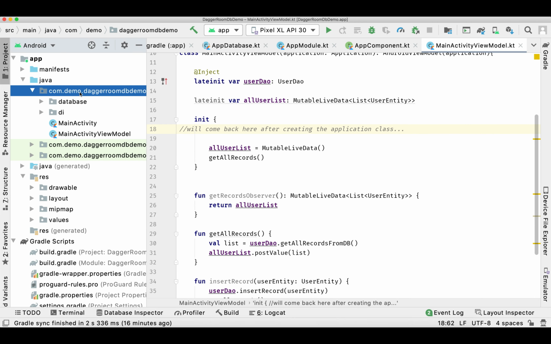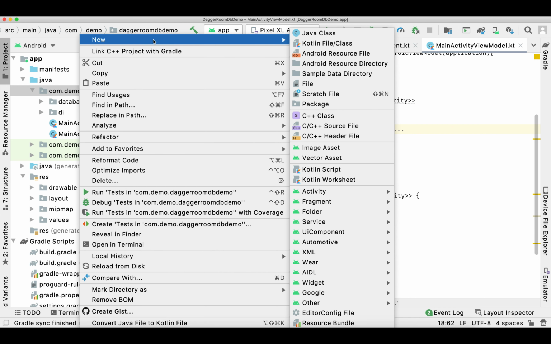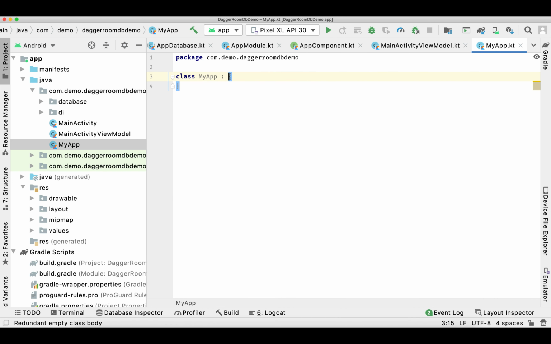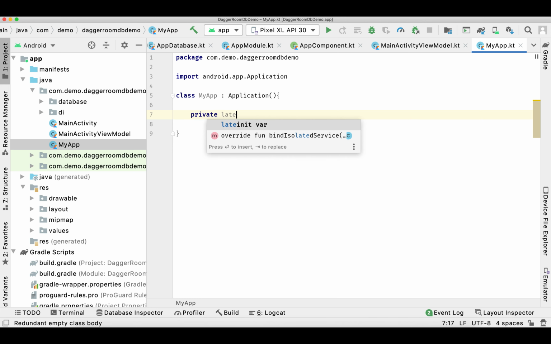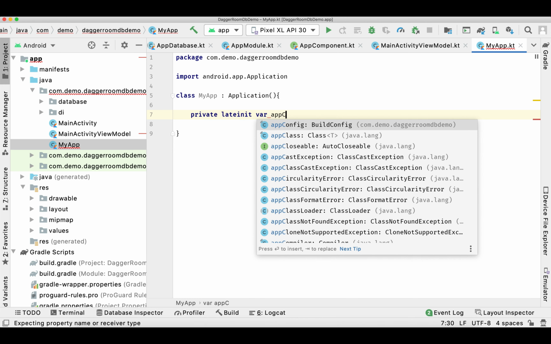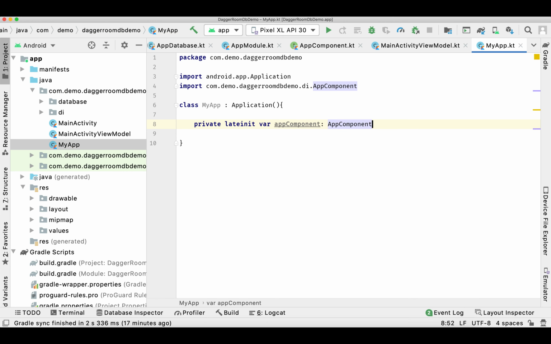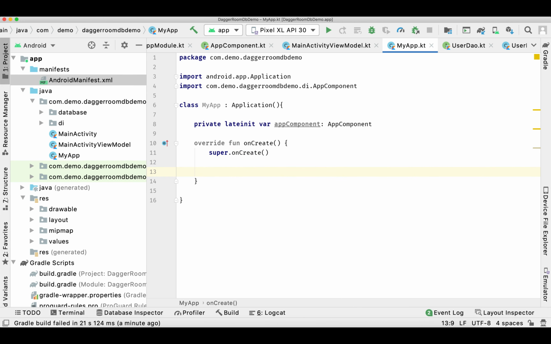So I'm adding a comment here, and let's go and create a class. I'm giving it the name my application, or my app. That's fine. It needs to extend Application, and here we'll initialize our app component. Now we'll override our onCreate function, and inside our onCreate function we'll initialize this app component,